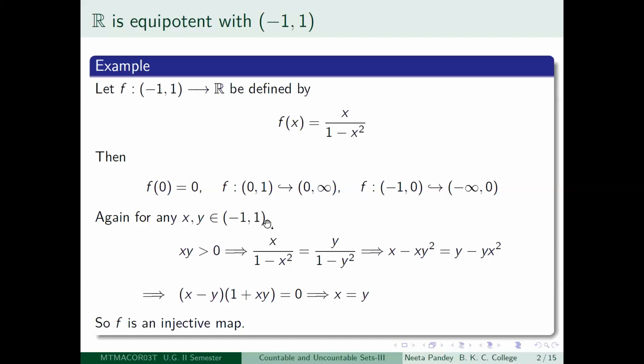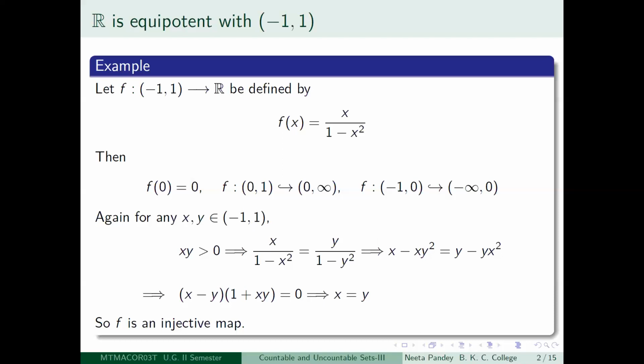So what have you proved? That if fx is equal to fy, then x has to be equal to y. So that implies that if x is not equal to y, then fx cannot be equal to fy. So you have proved that your mapping f is an injective mapping.